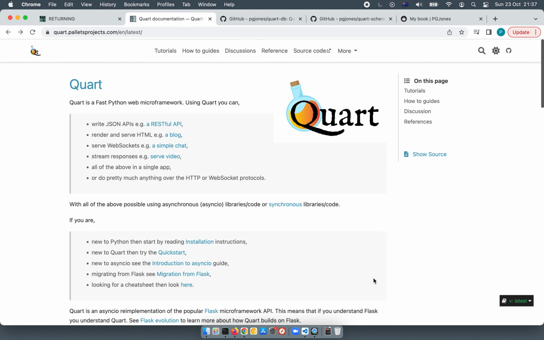If you haven't heard about Quart, Quart is a re-implementation of the Flask API using async await. So if you're familiar with Flask, then you will be pretty familiar and able to use Quart. Alongside everything Flask can do, it can also do some particularly asynchronous stuff such as WebSockets and streaming responses, that kind of thing. But we're going to focus on building a RESTful API, and to do so we're going to